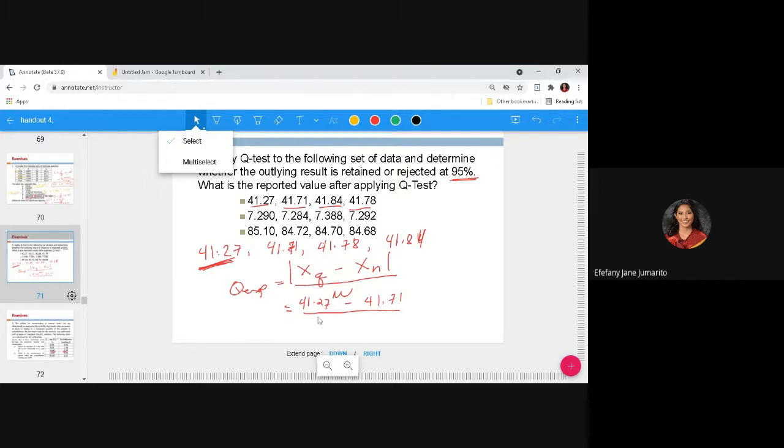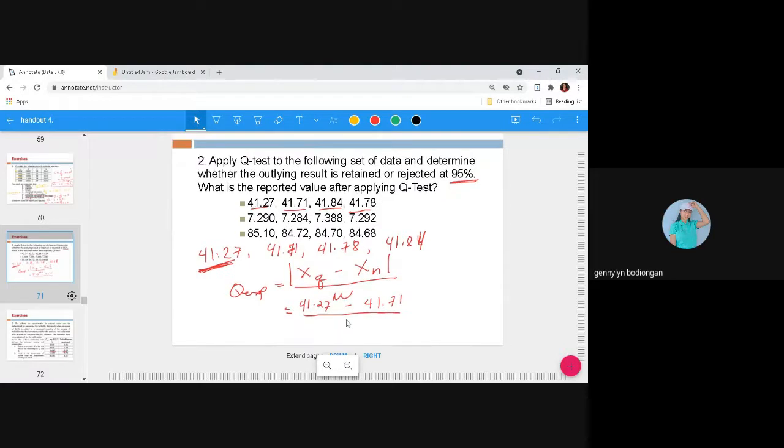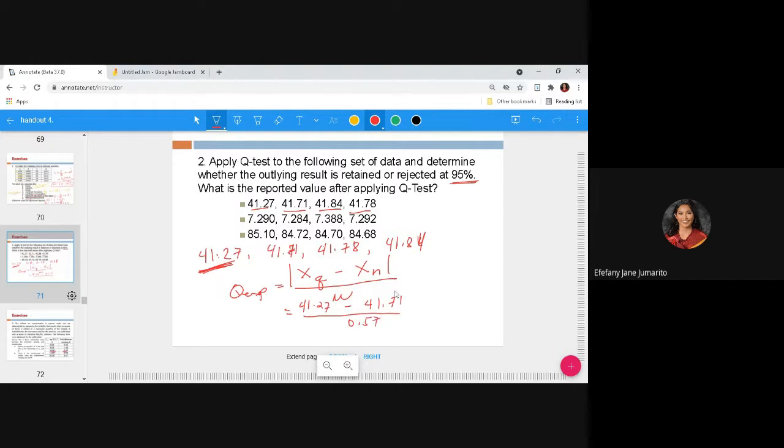What's the spread? 4. Spread is the highest value minus the lowest value. 0.57. Okay, so what is Q experimental? Absolute value means that if you get a negative value, you report it as positive, because it's absolute. Okay, Q experimental is equal to